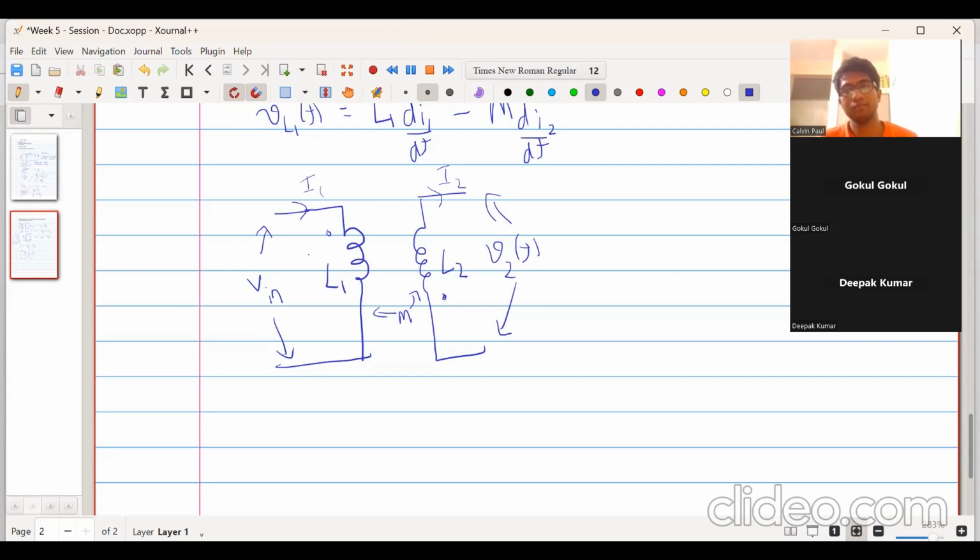Deepak Kumar, can you tell? What about Gokul? Gokul, how do you find the input impedance for anything? Sir, V in divided by I in, sir. Input impedance. So what is the I in over here? So which is the I in over here? So as the equivalent impedance,